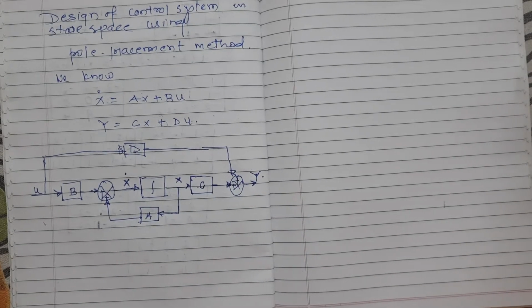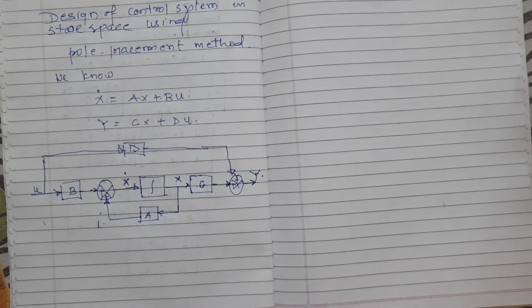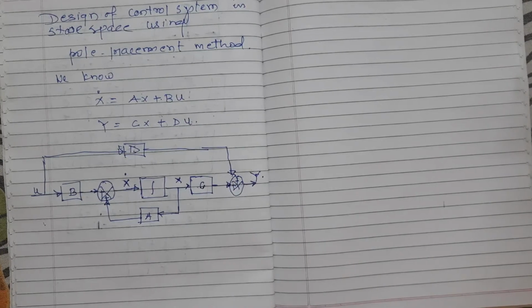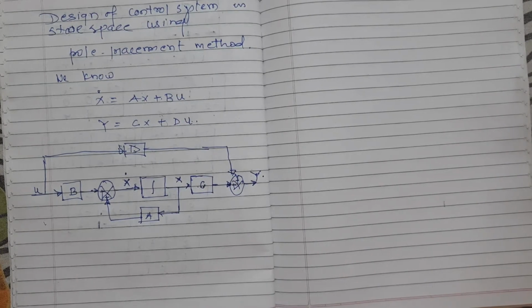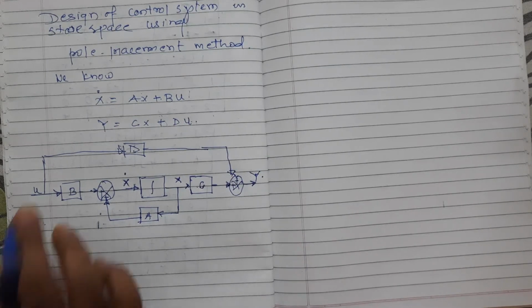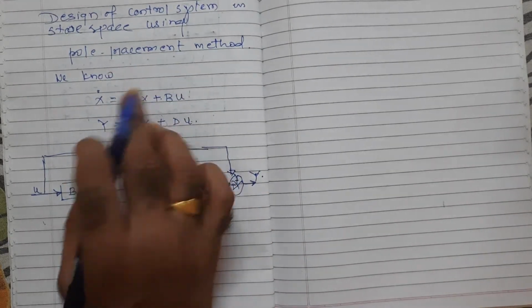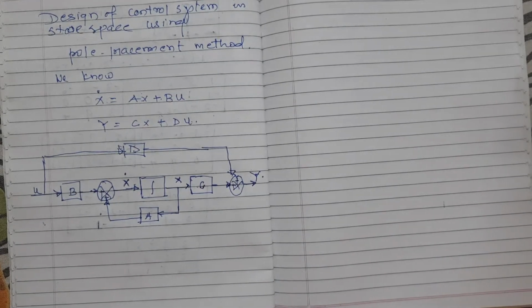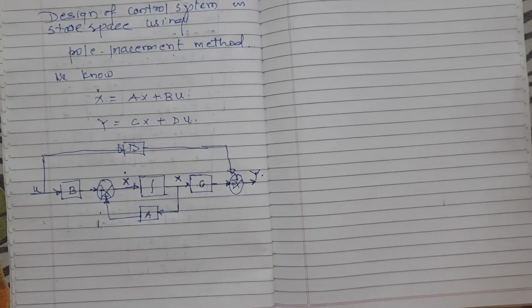So we have this type of system from the state equations. Now this is my simple one, a feedback system, where x dot equals Ax plus Bu and y equals Cx plus Du. Now see here, in the pole placement method,